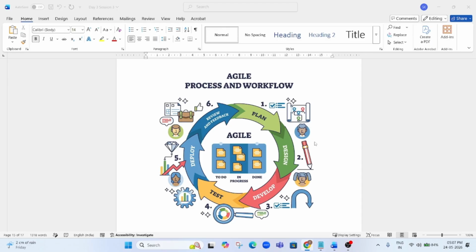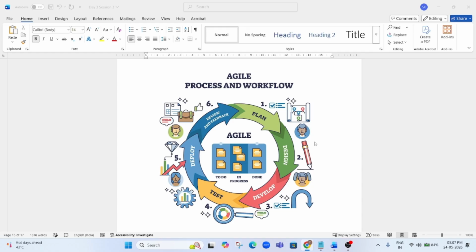The second phase is planning, and they will design this whole process. Then they start the development process. Once development is done, they will share the build with the testing team. The testing team will test the application as per the client requirement and the product manager. These are all the team members included during the development cycle of the Agile model. Then after testing, if all scenarios pass and the client says it's good to go,